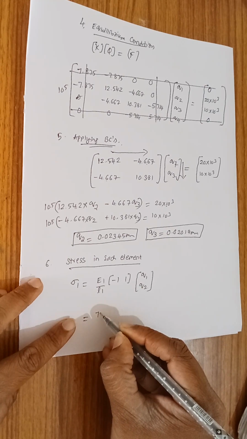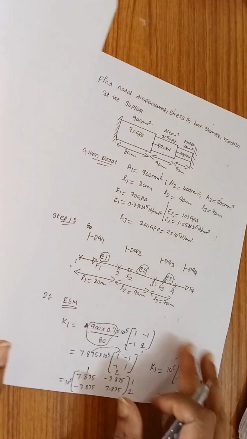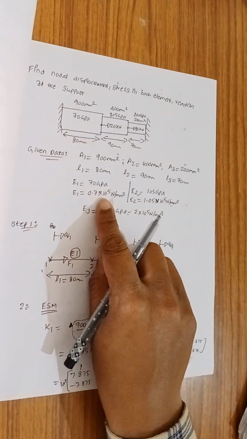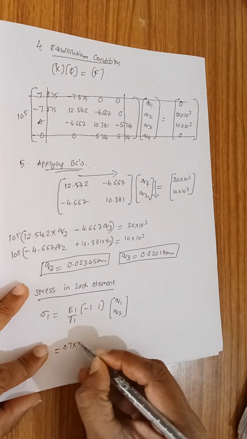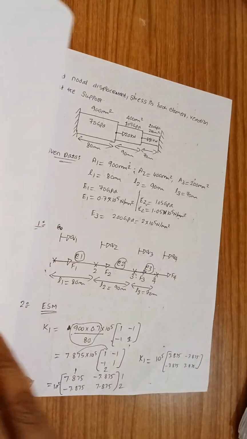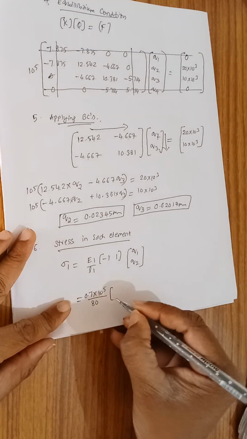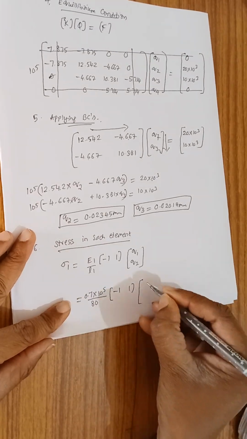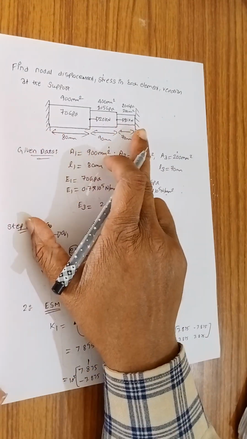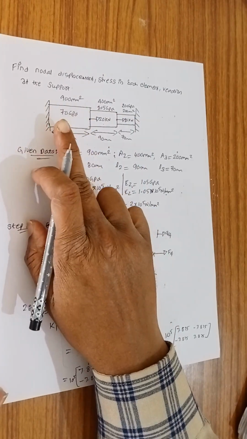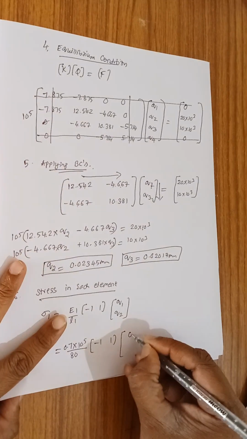Element 1 is nothing but 7 into 10 to the power of, so what is E1? E1 is nothing but Young's modulus of element 1, which is 0.7 into 10 to the power of 5, divided by L1. L1 is found to be 80 mm. And Q1 is nothing but 0, because in this problem you can clearly see node 1 and node 4 are fixed, therefore the displacements at node 1 and node 4 will be 0, so it will be 0 and